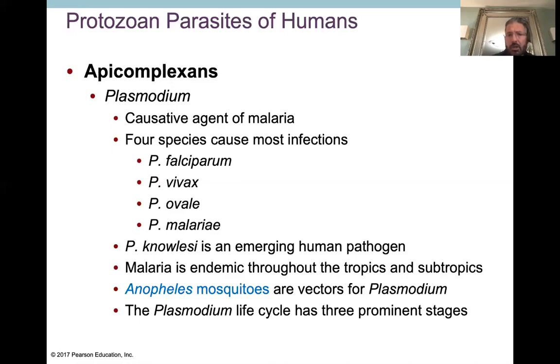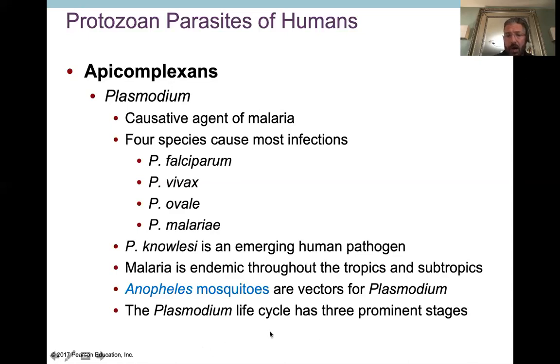Right. So malaria is endemic throughout the tropics and subtropics. If they're not sleeping with mosquito nets on, or have full clothing on, and they got bit by this, that female is going to be re-injecting the infective agent into the blood supply of whatever the human host is. Right? So Anopheles mosquitoes are the vector for Plasmodium, and just remember in the back of your head, it's the female, right?